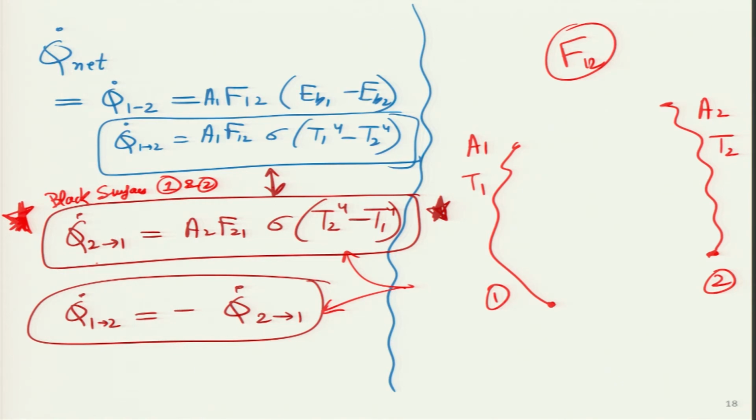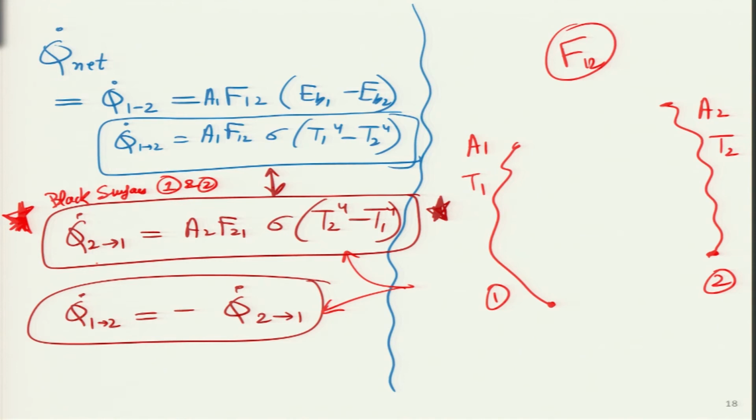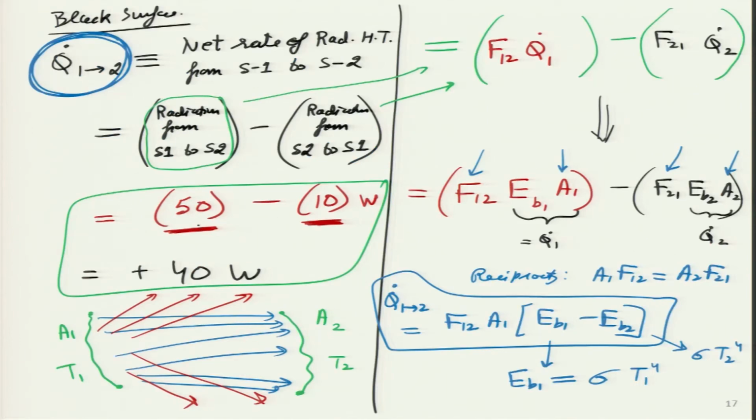There could be some confusion for students. So, I have prepared one solved example, which I am going to write next over here. In that solved example, we will find out the exact numerical value. Why? Because whatever values I have chosen over here are just random numbers, told just for explanation purpose, that you subtract 10 minus 50, you get 40 watt.